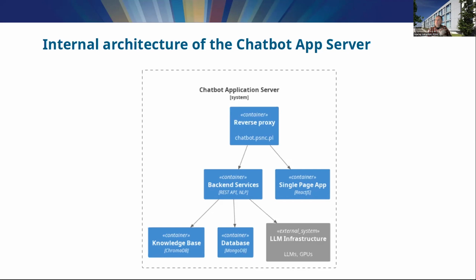The backend services components are responsible for the core functionality of the chatbot. They include the API and the NLP service. The REST API provides endpoints to be called by the single-page app in order to interact with the chatbot's functionality. It creates an abstraction for the conversation and applies security policies. The natural language processing service handles the processing of user input, understanding the intent, and generating appropriate responses. It is stateless, separated from the public internet, and thus it doesn't require as sophisticated security shields as public components do. The single-page app is the front-end component that users interact with.